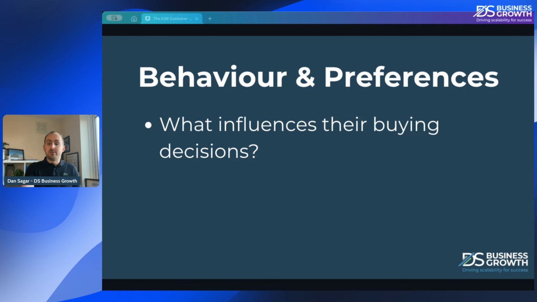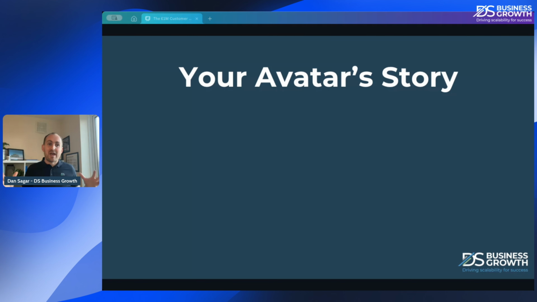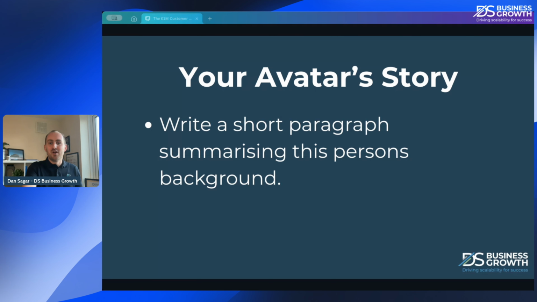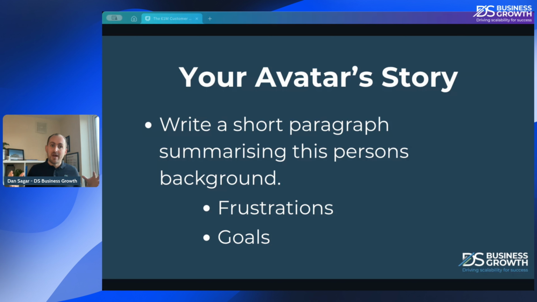Because what we're going to do now in section 7, bring everything that we talked about together by writing a short paragraph summarizing that person's background. And we're really going to focus on the person's frustrations and their person's goals. Okay, so we need to bring everything together and summarize and find the key points that are most relevant now, and bring all that together into our short paragraph, and we can write a little story.